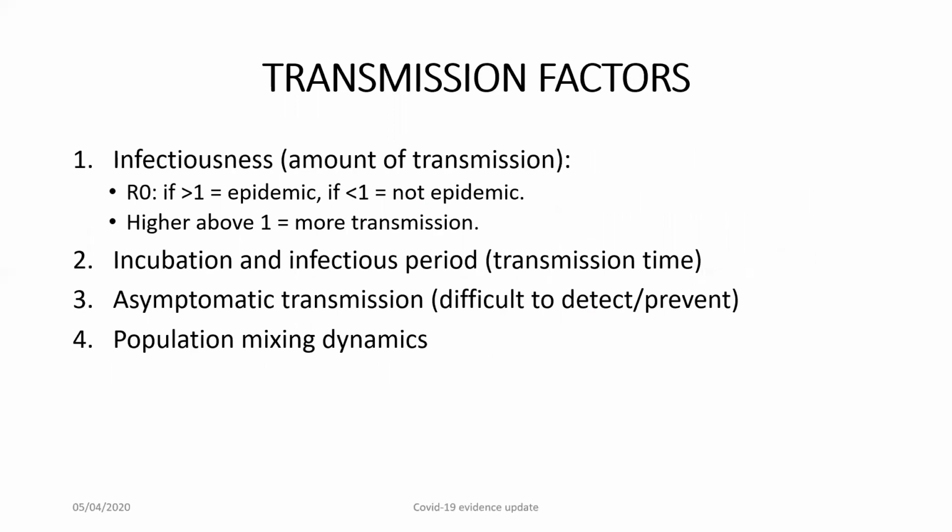I'm going to move on to cover the evidence for some of the factors that determine the transmission of coronavirus. Of the many factors that affect transmission, I'm going to focus on 4 of them here. There are other important factors, including things like the method of transmission. However, the evidence base for the methods of transmission of respiratory viruses through droplets and aerosols is well known and has not been subject to much additional research as a result of this outbreak.